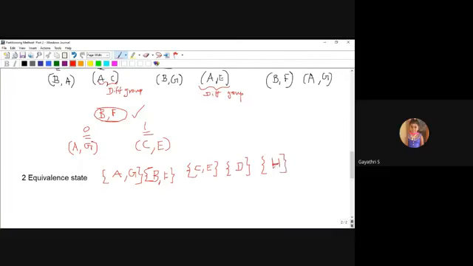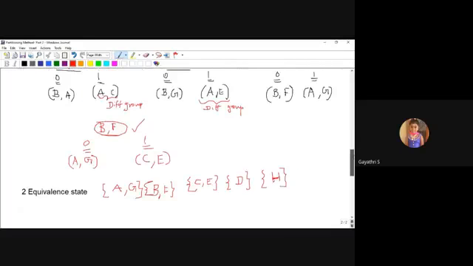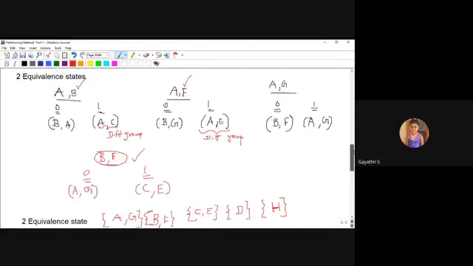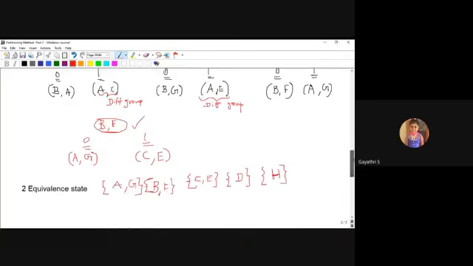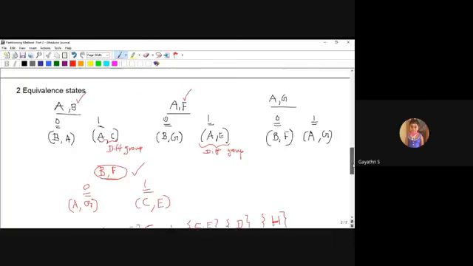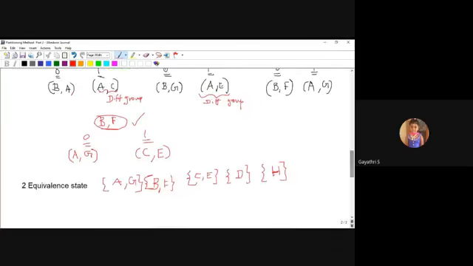Okay. So while moving to the three equivalent state, I think it is the same thing. AG pair, that is again the AG pair here. AG pair, on 0 BF same group, and on 1 AG, which is also the same group.